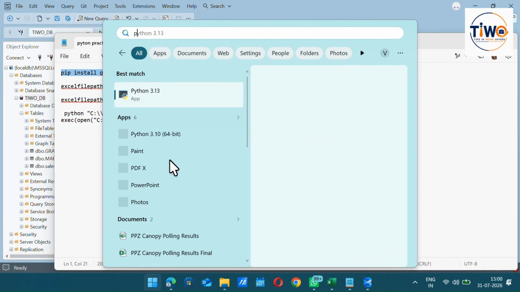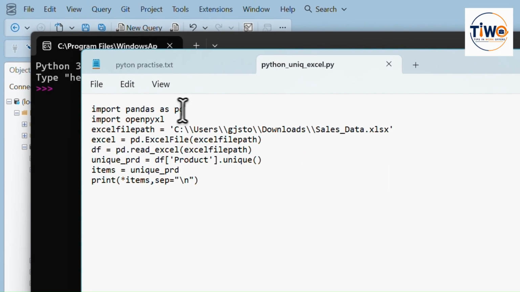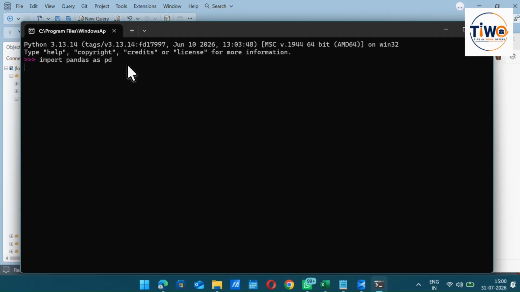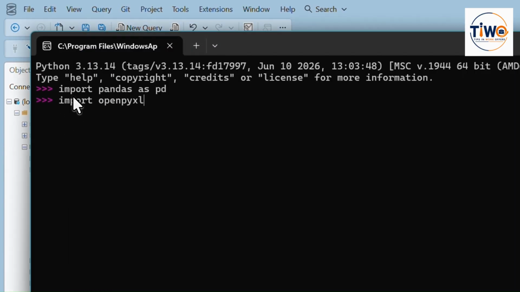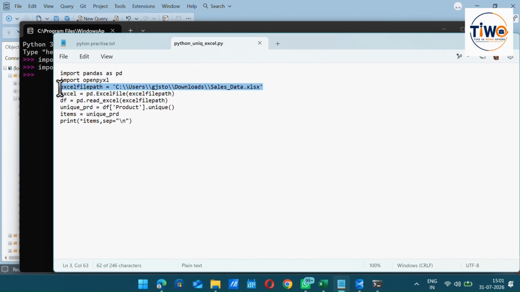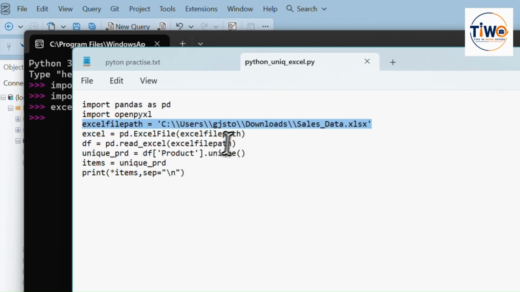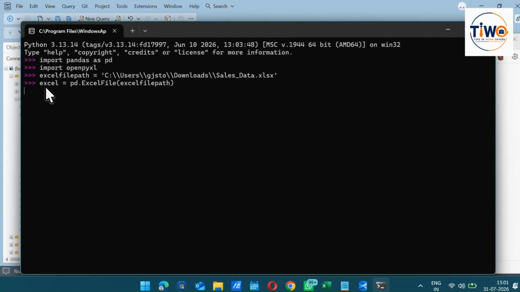Now open the Python application. Here I am executing the code line by line for ease of understanding. First we have to import pandas. Now we can import the library; we have already installed openpyxl. Another thing is we have to connect to the Excel file from the local file path, the sales data file. Now we can create the variable,